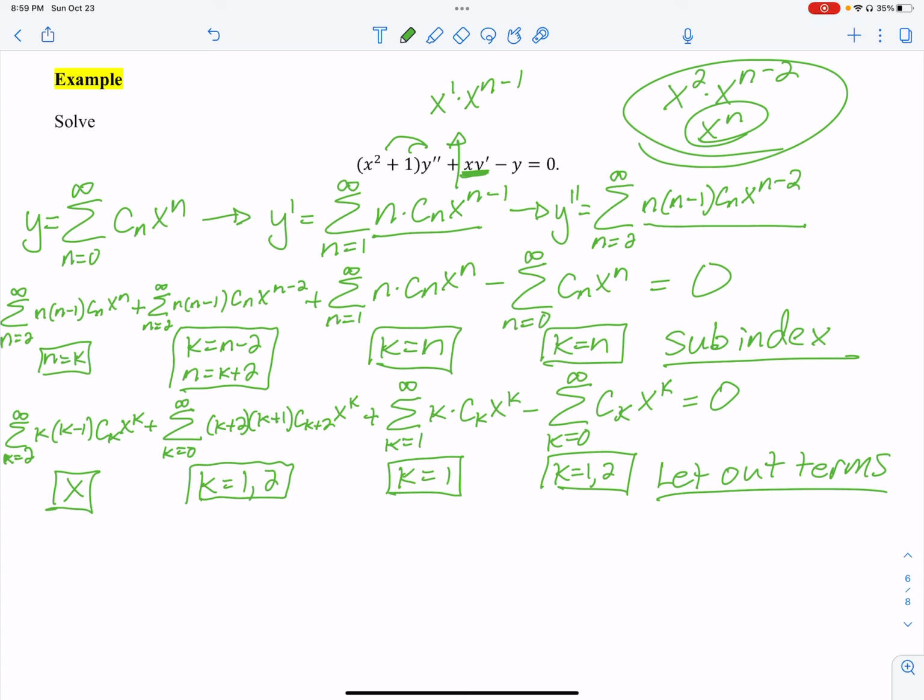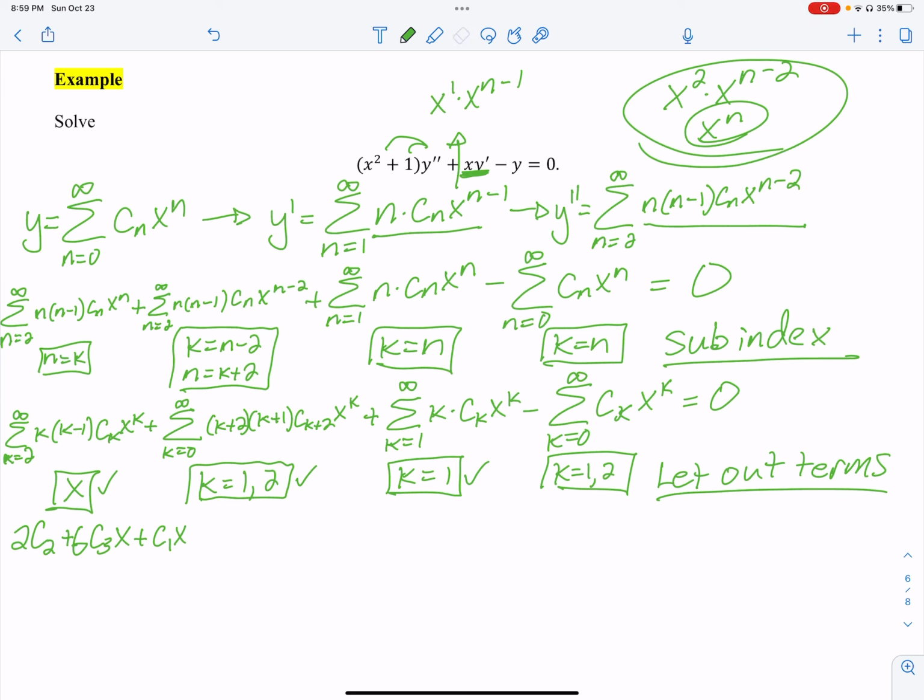Okay, first, I write down the ones I'm going to let out. So k equals 1, if I plug in 1, we get 2, C2. If I put in 2, I get 6, C3, x. All right, so that covers this one. That one doesn't have anything. k equals 1 on this one is going to give me plus C1, x. Okay, we're done there. And then the last one we've got to let out,